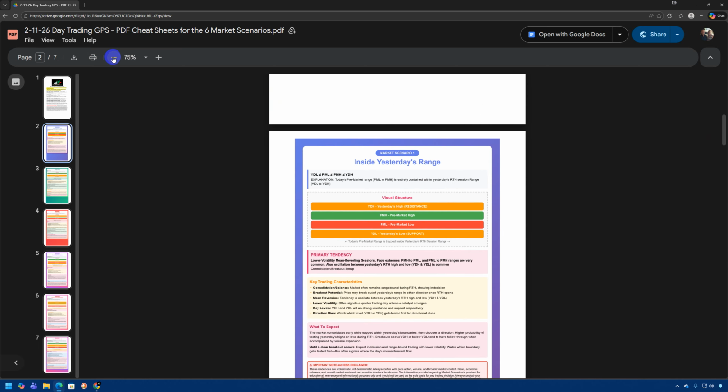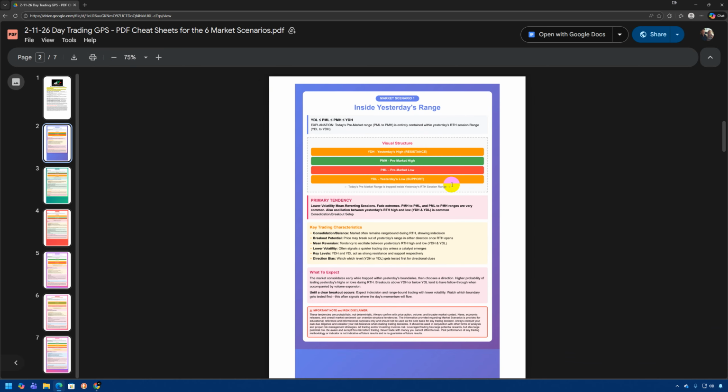First, I'll zoom out just so you can see basically the structure of it. Each one of these is structured similarly to this. The idea here is that you can download these, print them out, and become very familiar with them, and you can have them as an easy reference on a separate screen if you have a multiple monitor setup. It might be easier for you to read and follow versus the on-screen version on the chart, which, as we know,